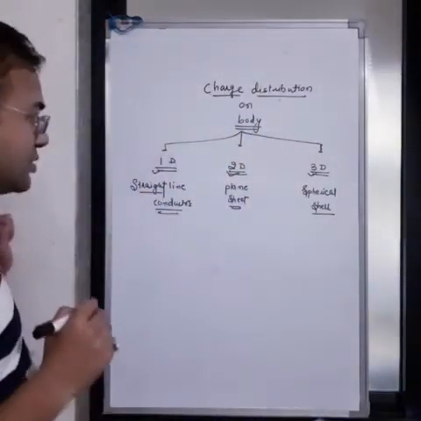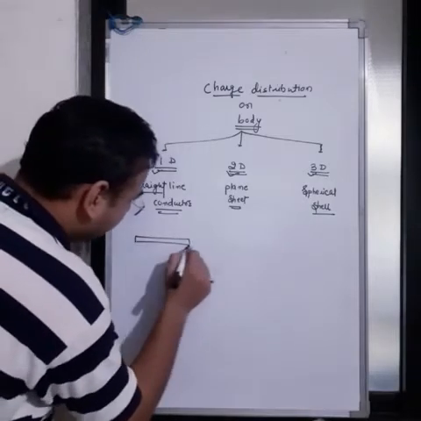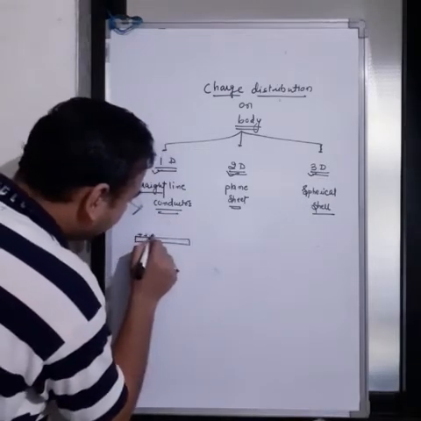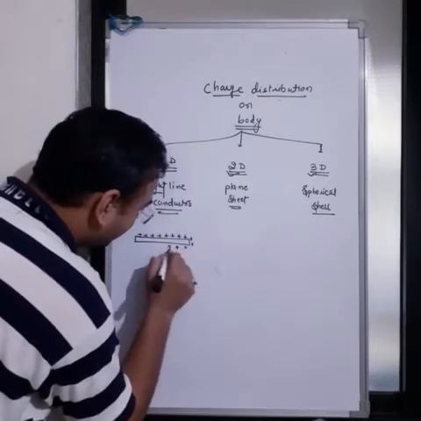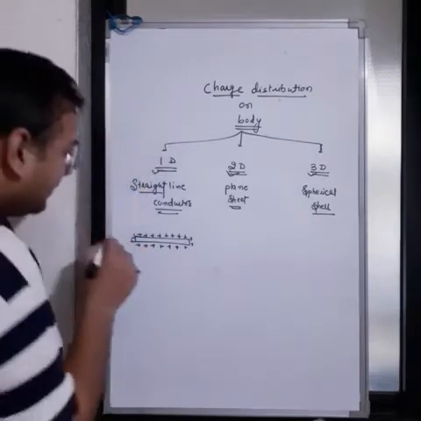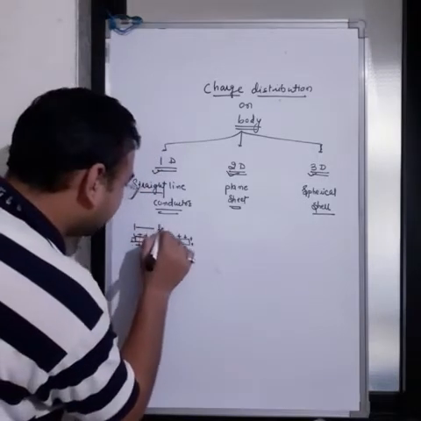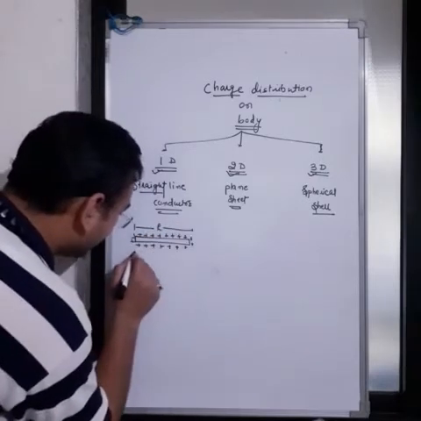So charge distribution: first, suppose we have a straight line conductor and charge is distributed on it like this. If its total length is capital L, and the total charge is Q,